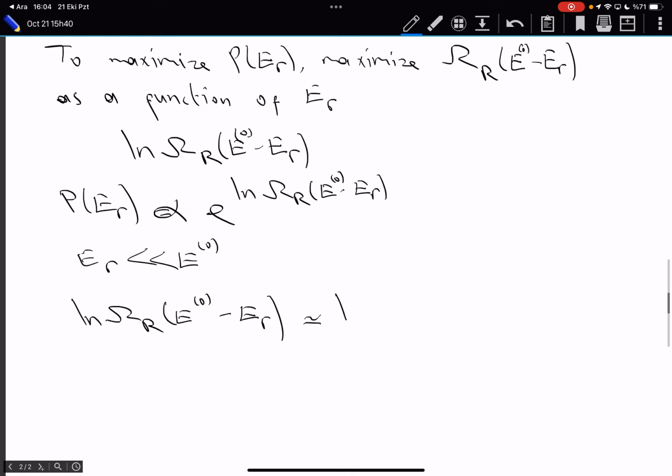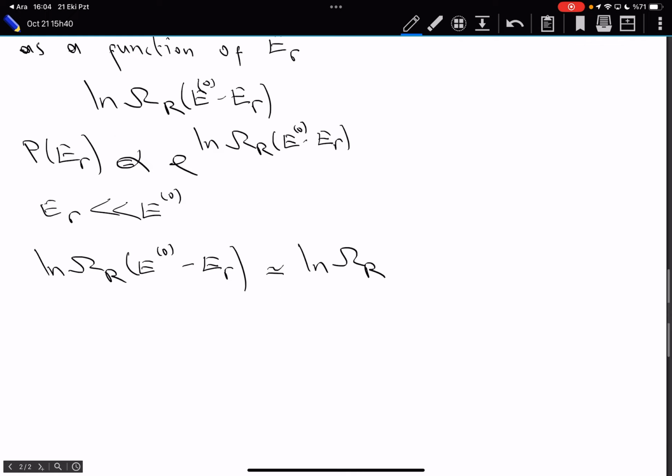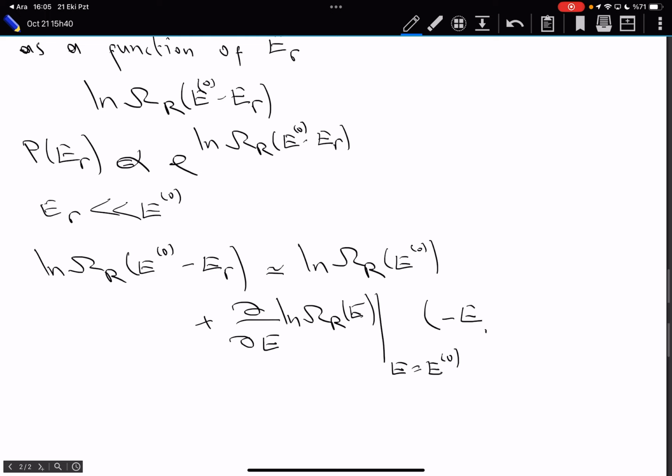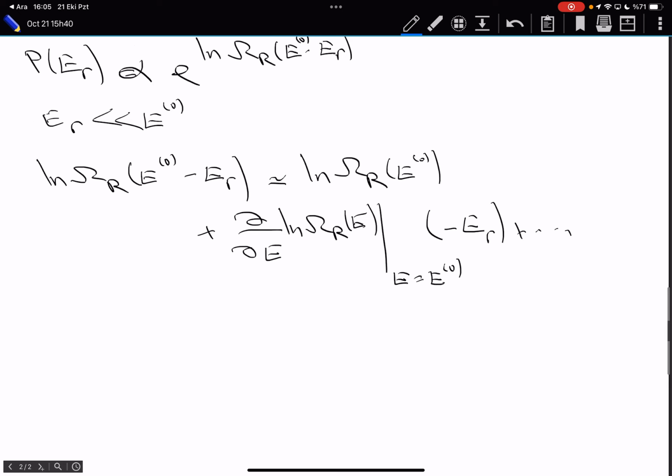Well, this is equal to the logarithm of omega of r at E0, plus the derivative of the logarithm of omega of r as a function of energy, evaluated at energy equal to E0, multiplied by minus E of R, plus I have higher order corrections there. Well, this is again just a constant, independent of E of R. So this is equal to a constant plus,